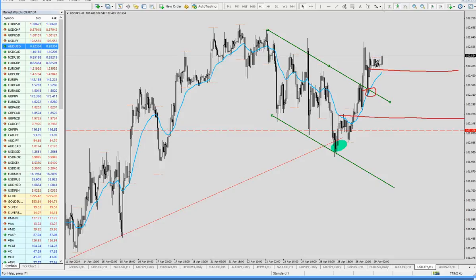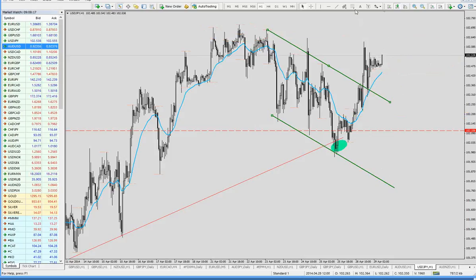102.17. I would say as an intraday trade, I would like to take 102.50, 102.45 long with a tight stop around 102.20, so something like 25 to 30 pips. The thing is that we have quite strong resistance around 102.70, so it's going to be around a 1-to-1 trade, but I'm expecting that we are going higher towards